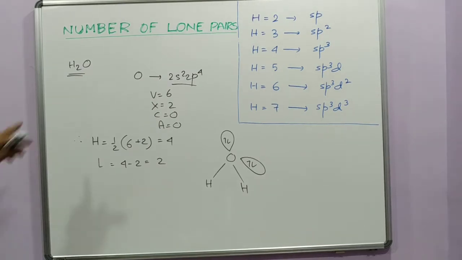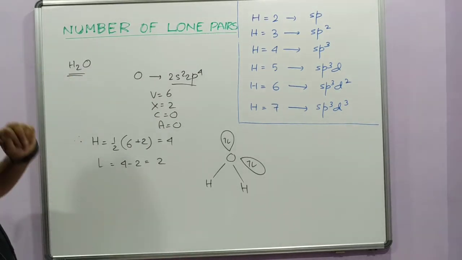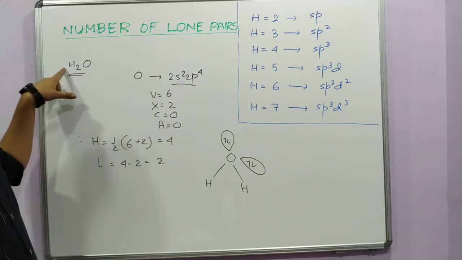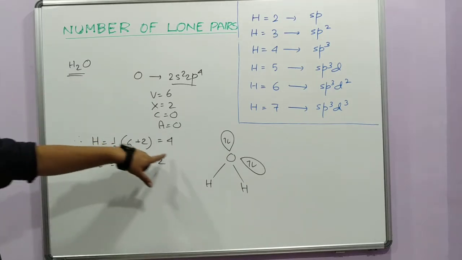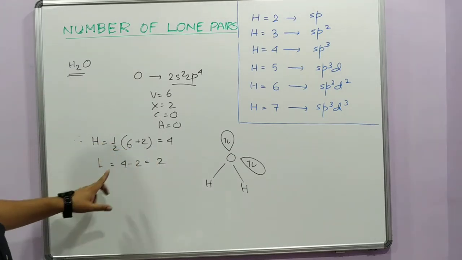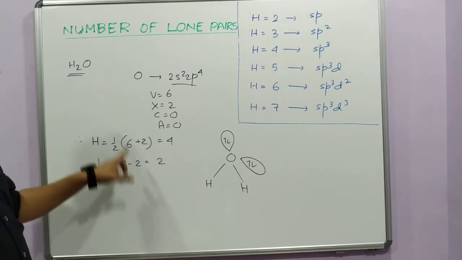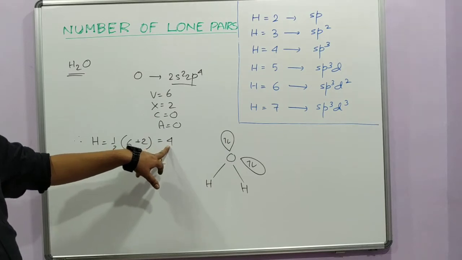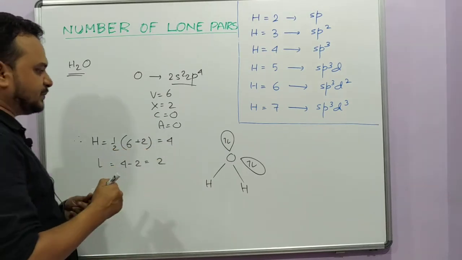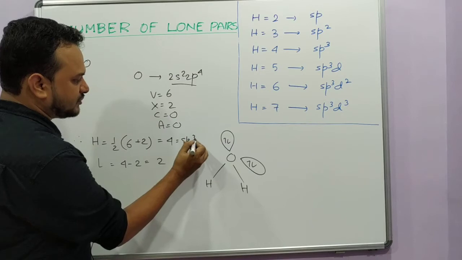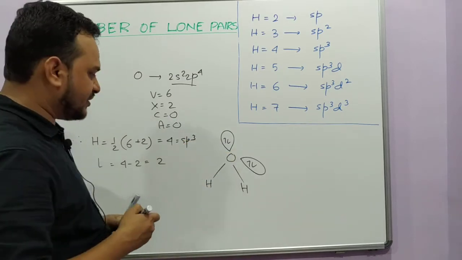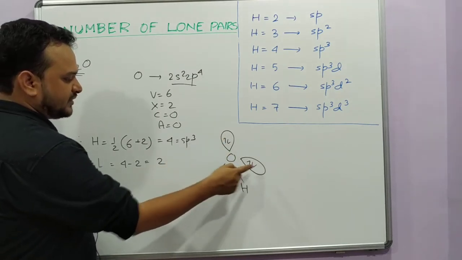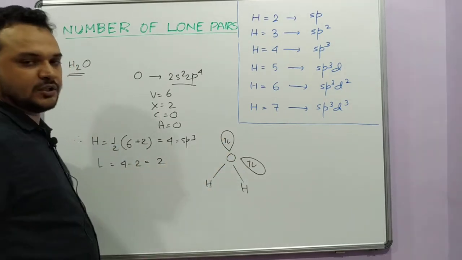Now take one of the most well known molecules, that is water. So the central atom is oxygen, 2s2 2p4, V is 6, X is 2 here, the number of monovalent terminal atoms, giving you H value equals 4 from the previous formula. And now the number of lone pairs, that will be H minus number of terminal atoms 2, so it is giving you 2. So from H value 4 we know it is sp3 hybridized, and sp3 means tetrahedral, so the surroundings of this oxygen will be tetrahedral, and out of the 4 vertices of the tetrahedron, 2 will be occupied by these 2 lone pairs, and the remaining 2 will be occupied by these 2 hydrogen atoms.